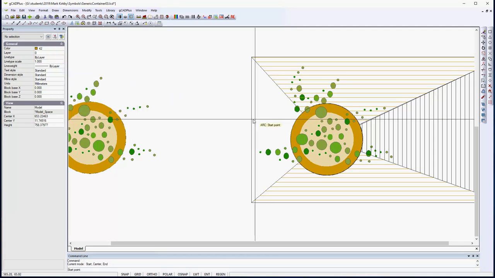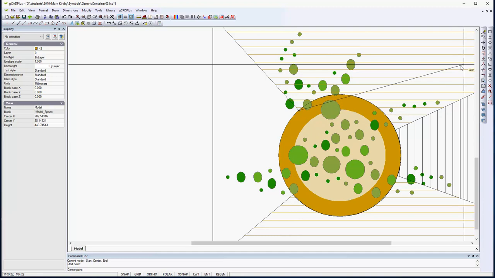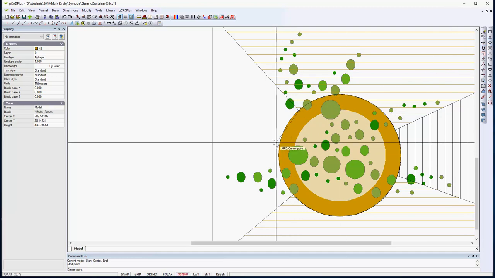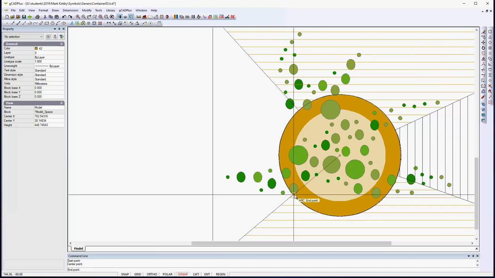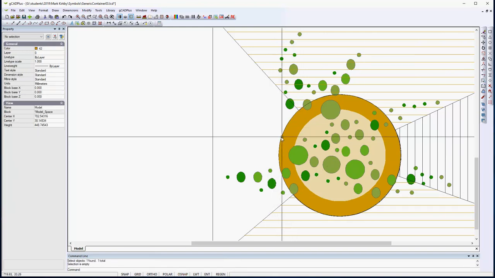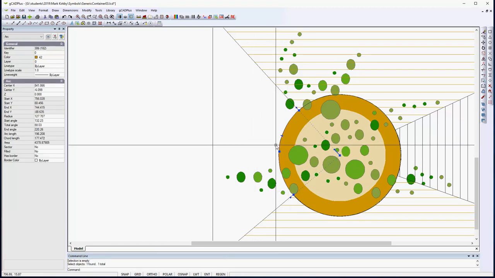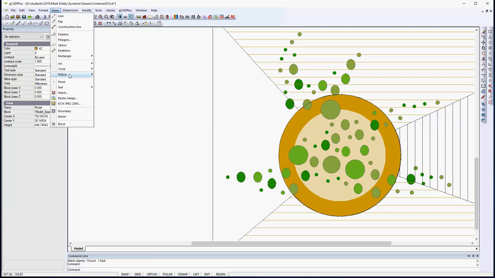So we'll start the arc at the end of this line here. The center will be the center of the circle, and then the end will be here. That puts an arc in that position, and then we could draw a polyline, or let's remove that arc and start the polyline command, draw polyline,